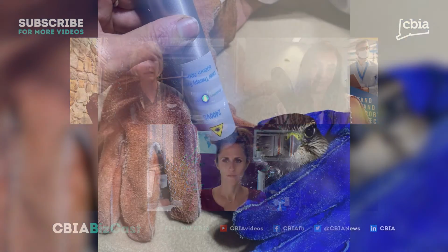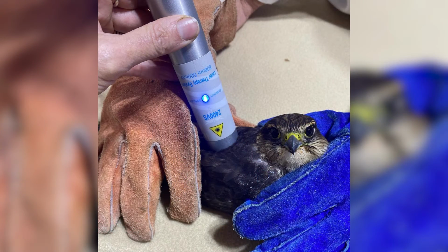And the long story of that is somebody from Response Systems reached out to us saying, I have got a tool for you. And wouldn't it be something if you tried this and it helped? And wouldn't you know it, it's like a magic wand. It really is. We used this on this bird and it probably lessened the recovery time that we were used to seeing by half. The bird was much quicker in cell regeneration,